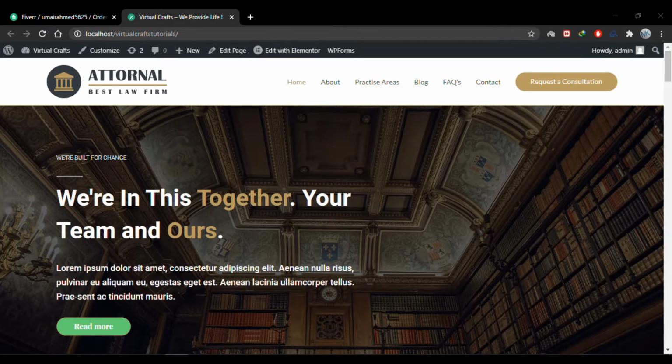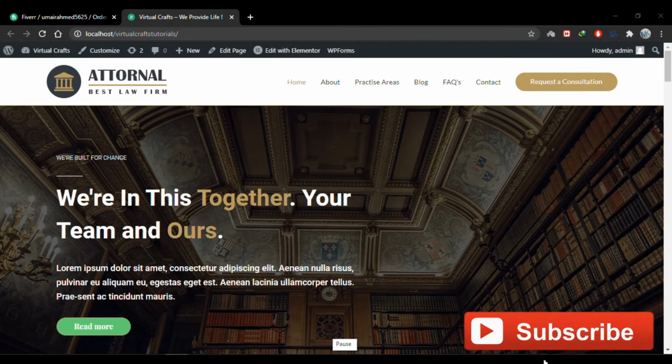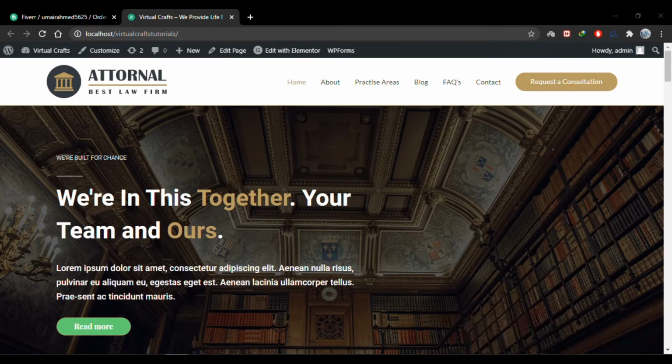Call to action buttons are a very important part of a website as they provide easy navigation throughout the site and also help structure the website by interconnecting many links, internal and external. We'll also see how we can make global buttons and theme buttons and style them according to our needs. So let's get started. I'll edit this page with Elementor.